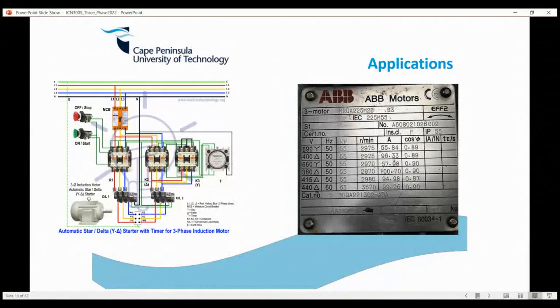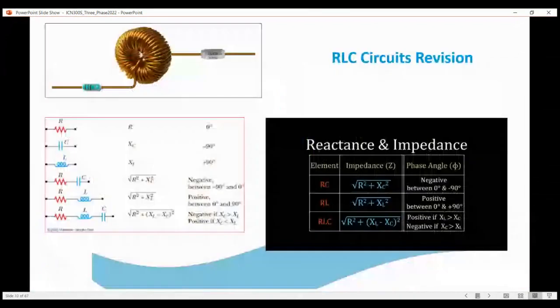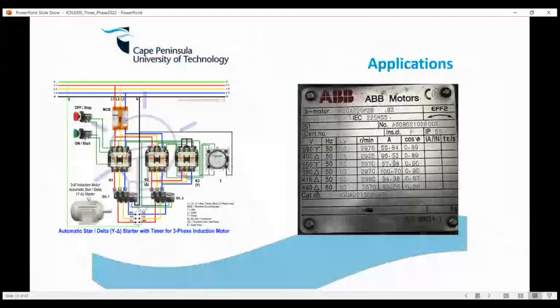Okay, so I'm sure you guys have seen these things before. I'm just showing you basic applications. It's all over, just to convince you. That's a star and delta starter, which we use for, I think you guys did a practical of this during a workshop training. And that's an induction motor